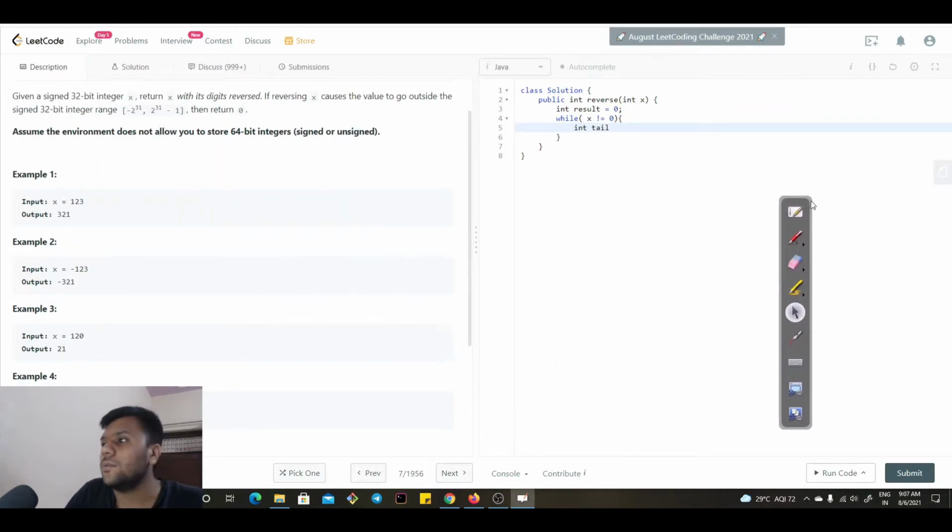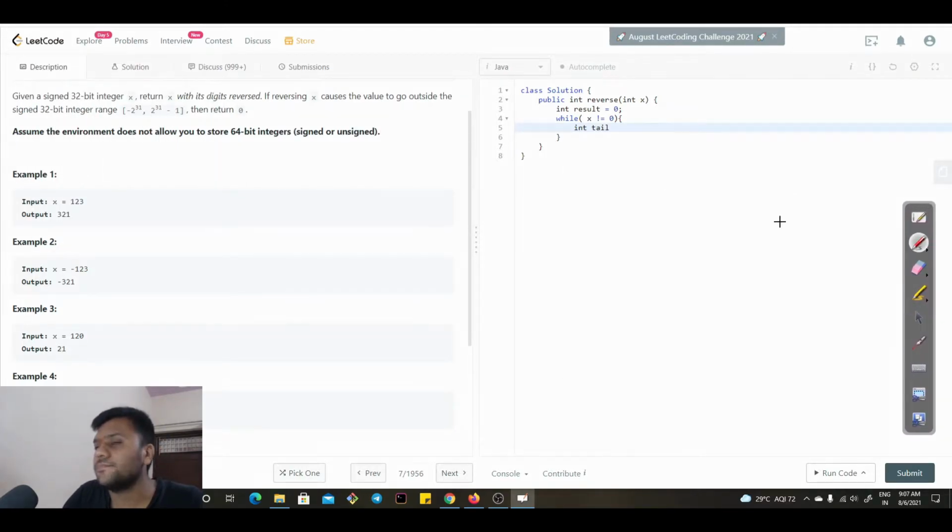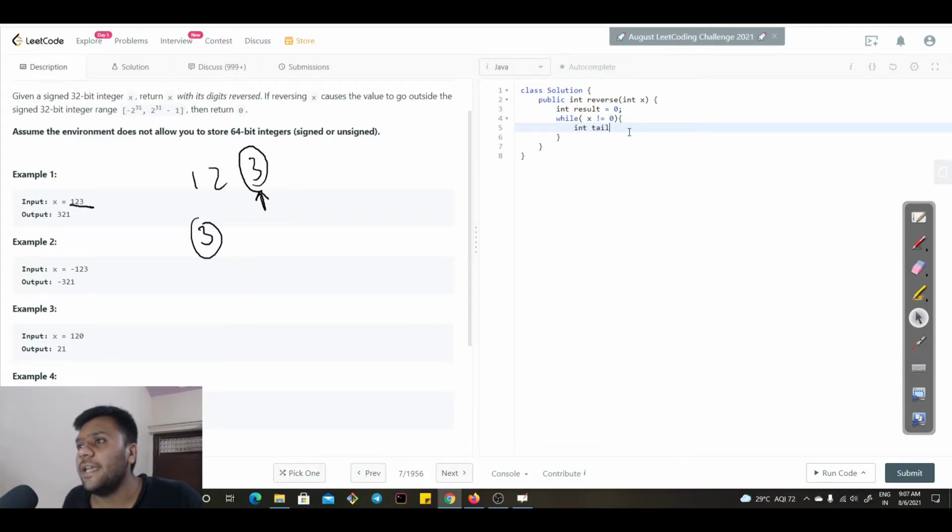If you look here carefully, what I mean by tail is, the integer is 1 2 3, and I want this last number first, so that I can put it in the first position. The last one I have to put in the first one, so I want this tail number. I will get it by simply saying int tail.